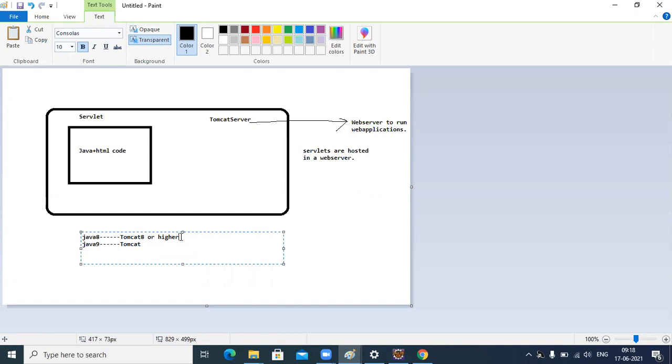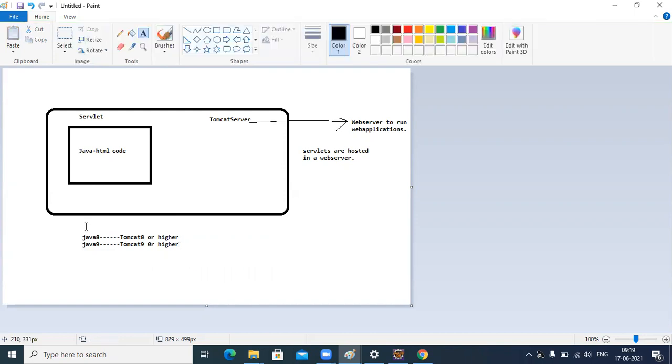Sometimes even the latest versions like 10 or 11 might not work on Java 8. For Java 9, let's say Tomcat 9 or higher.